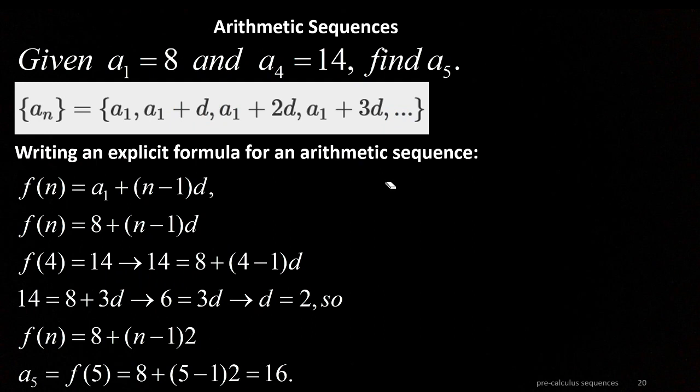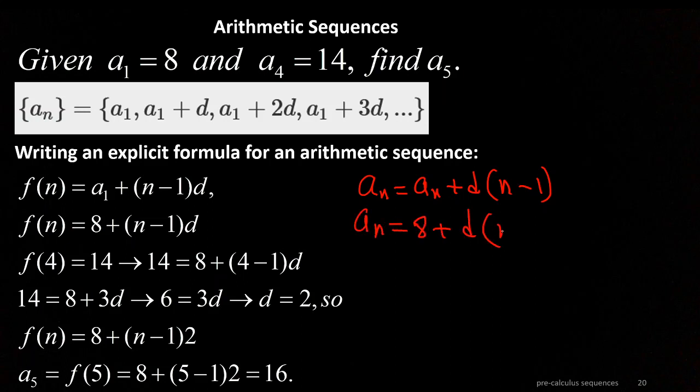Given A1 equals that and A4 equals that, find A5. So we are given that, so we know A sub n is A sub 1 plus d times n minus 1. So what are we given here? We are given A sub 1. So here we go, let's put it there. So that much information we have. Then we are given that A sub 4 is 14. That means if I put a 4 here, this would be 14. So A sub 4 is going to be 14,